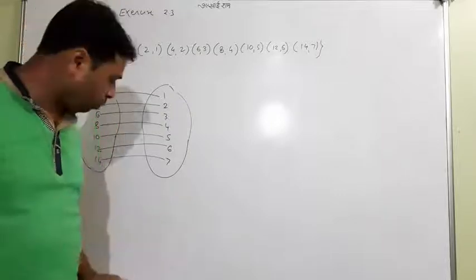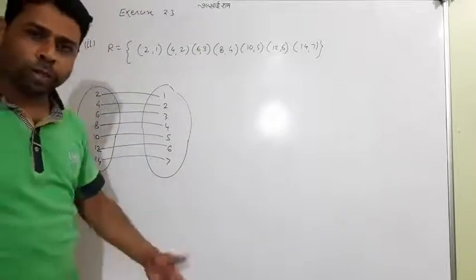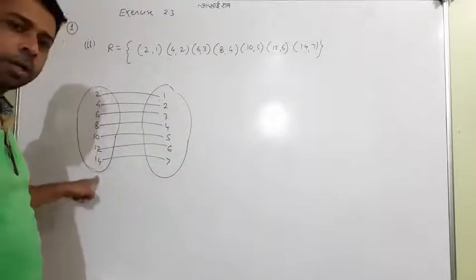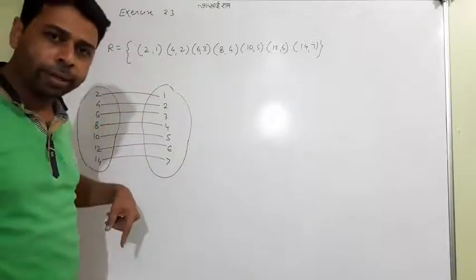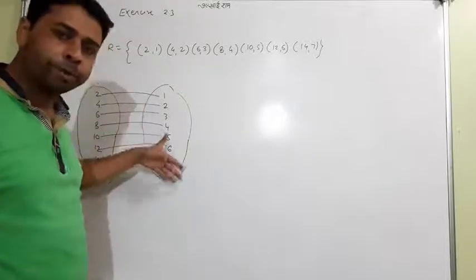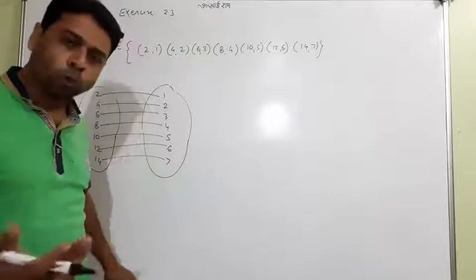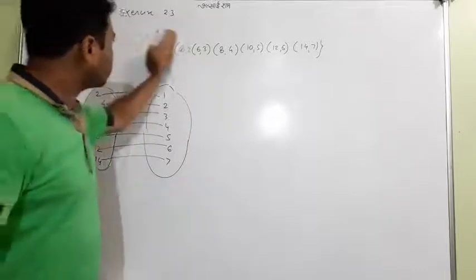So I need not tell you much about all. You know domain, you know range. Domain is the first, 2, 4, 6. The set of all these elements will be domain, and the set of the second elements will be codomain. Range. And about codomain we don't have any idea. So this is a question again.